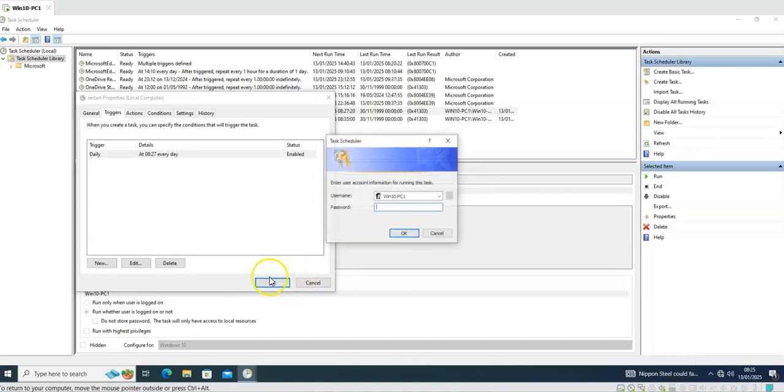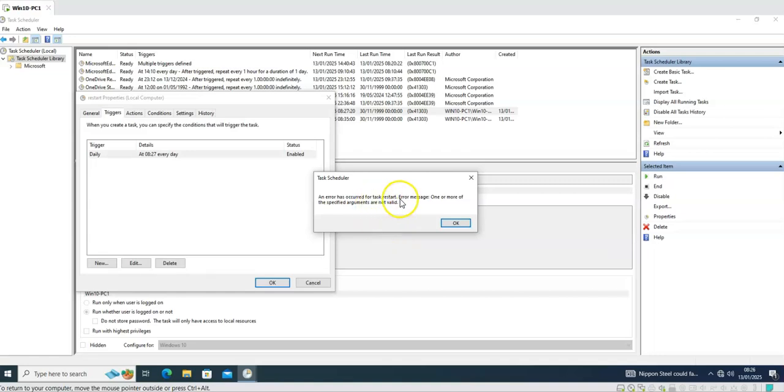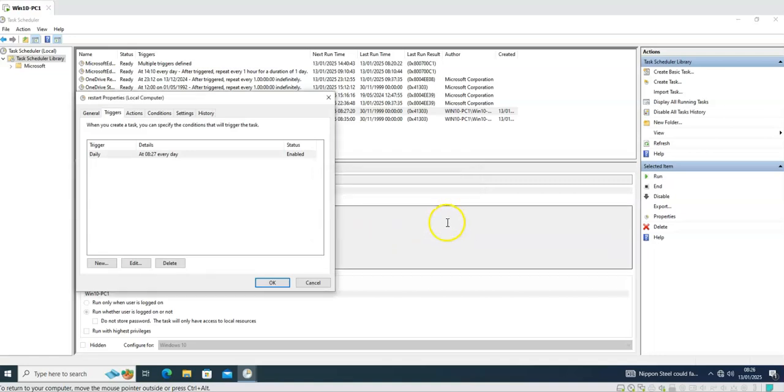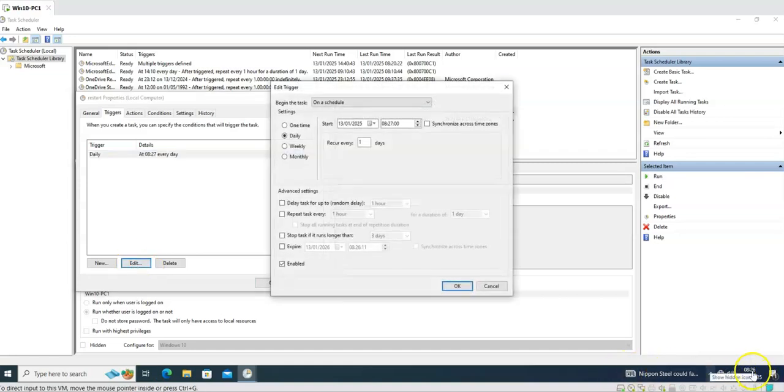Okay, so let's save that. Restart message. Okay, what has changed? We're catching up. The time is actually getting closer. Let's keep it as it is